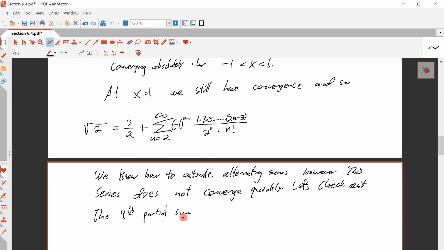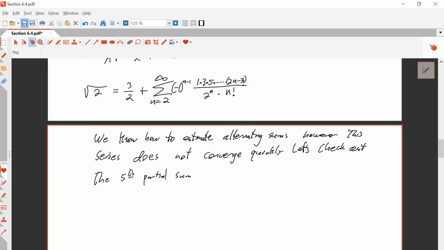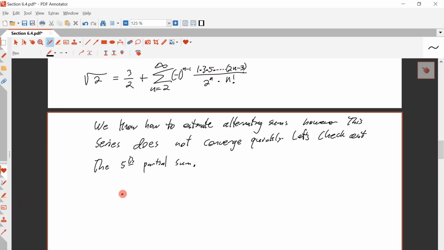No, the fifth partial sum. It's not going to be too accurate, but we can do it anyway. So the fifth partial sum